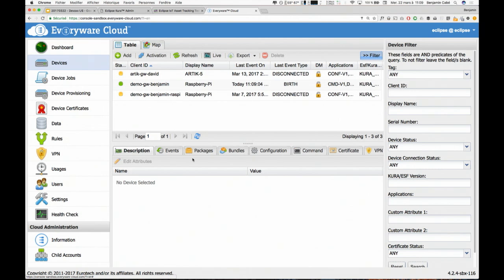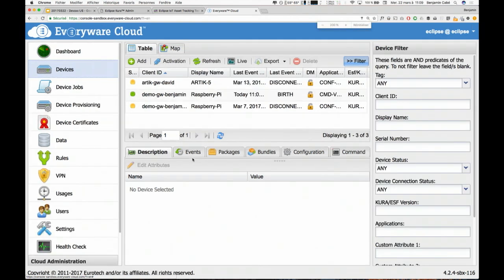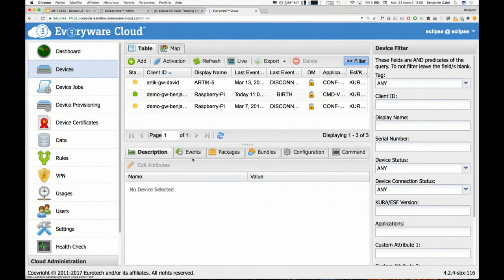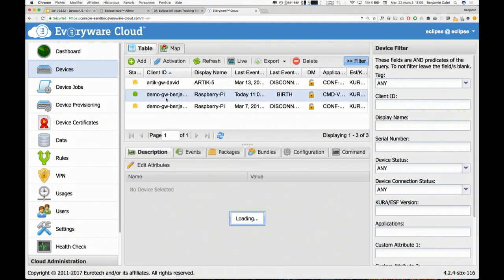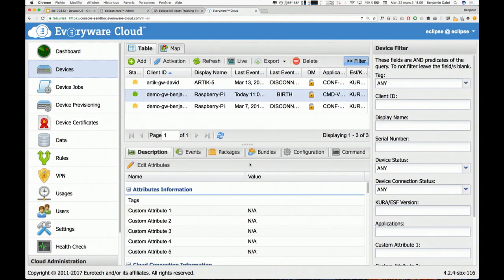By the way, this is a commercial cloud, but this particular UI is exactly identical to the one from Kapua. The things I could do include the ability, just like I did earlier, to execute a shell command locally on the gateway.